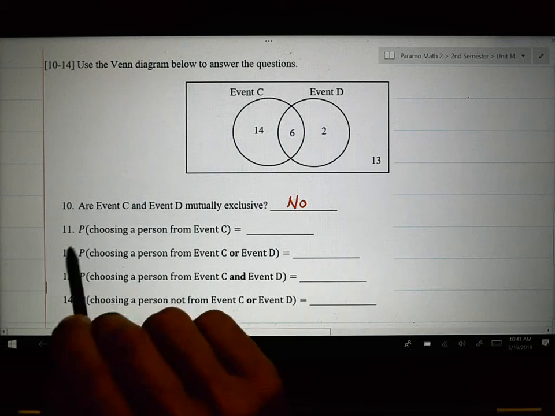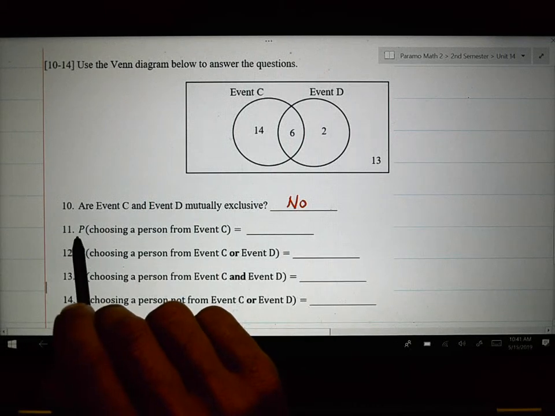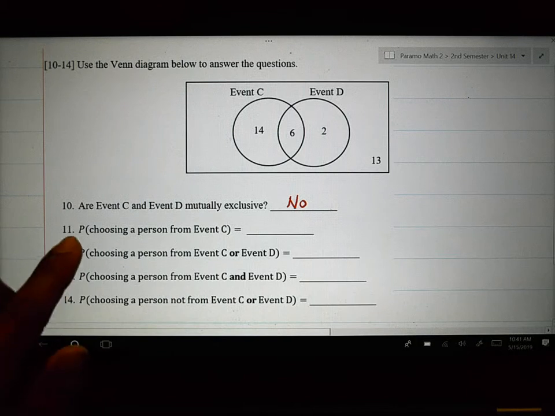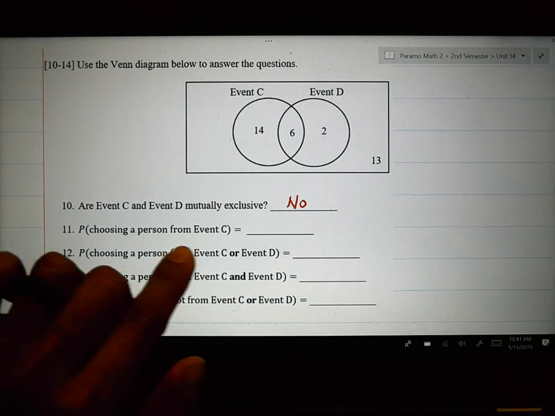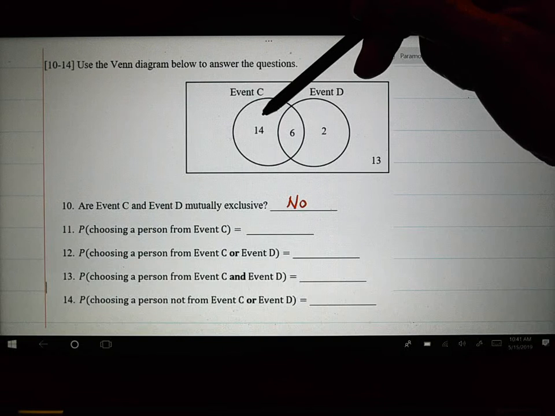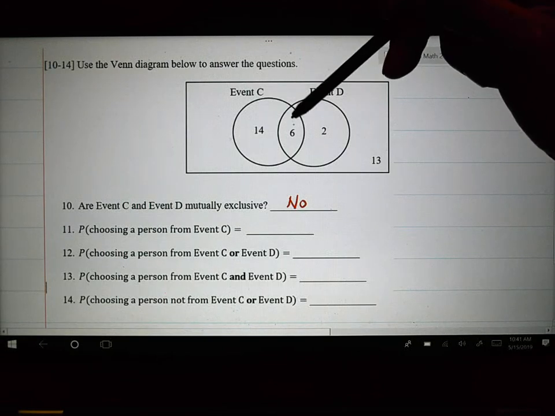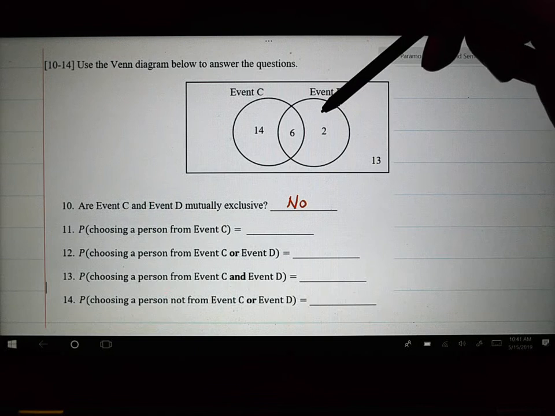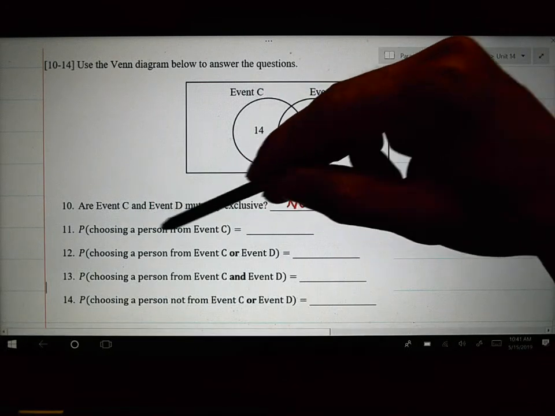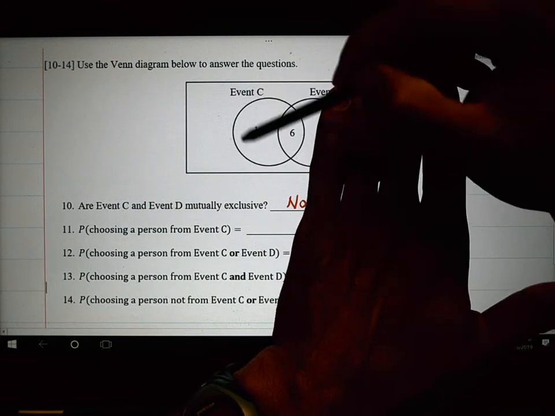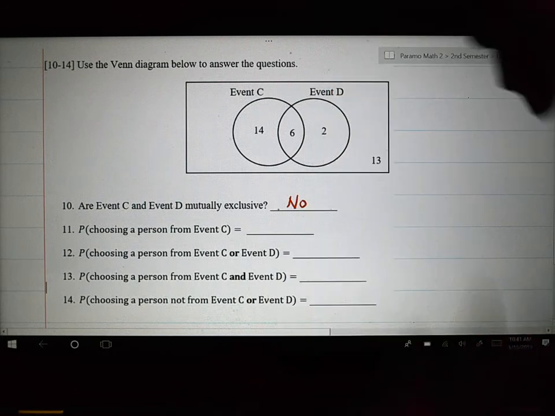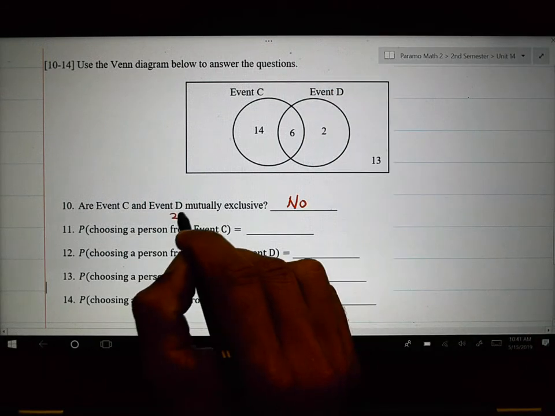Now, when it has the letter P, it means what's the probability? What are the chances of? So, what are the chances of choosing a person from event C? There's this many people only in event C. There's this many people in event C and D. So if I'm looking for choosing a person from event C, how many people are in event C? There are 20